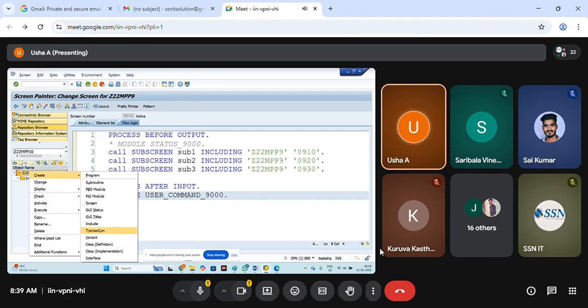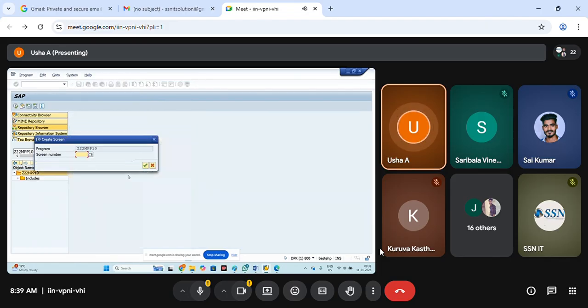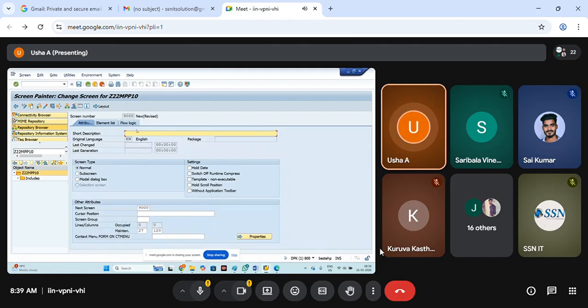First, I'm going to create a screen, a normal screen. Under that, we are going to create. Go to the layout. I'll show you a simple example.